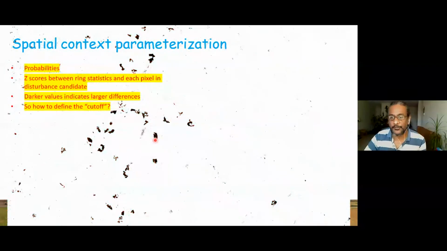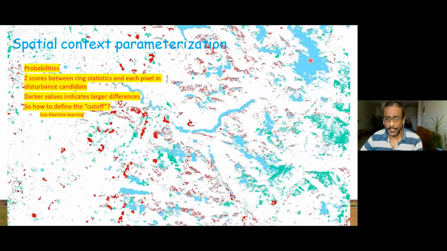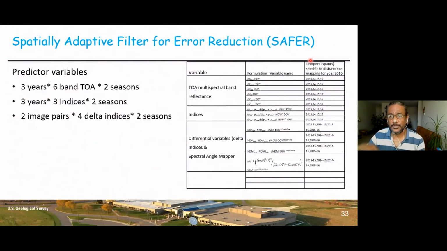Like, if we define a cutoff for one place, we're going to have a very different cutoff for a different place. And I think this is where the machine learning comes in. And as we talked about, we do have access to a lot of predictive variables, which are basically the LANDFIRE,